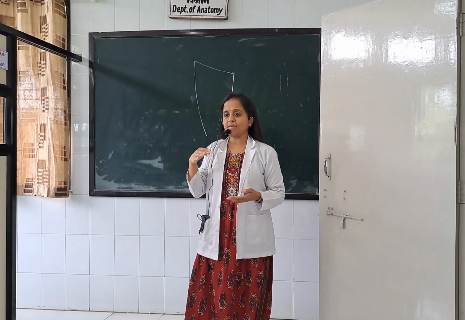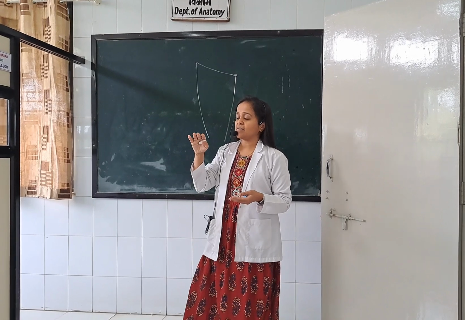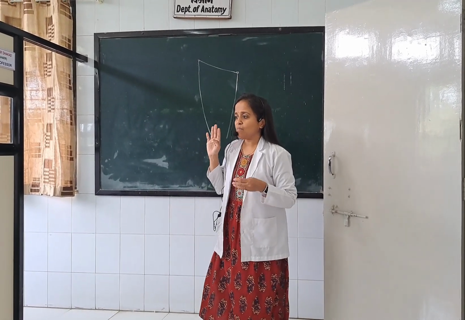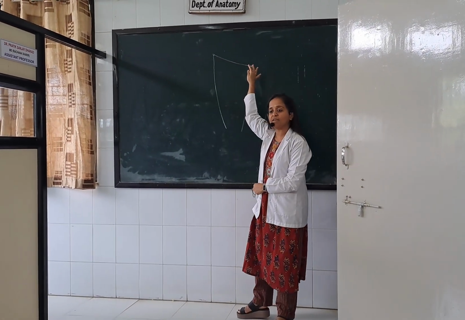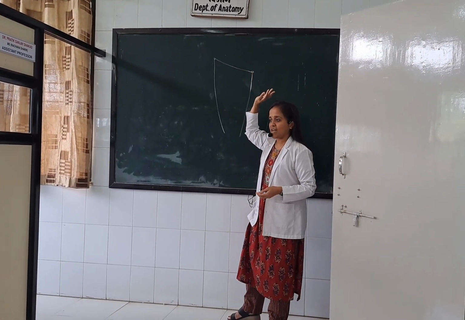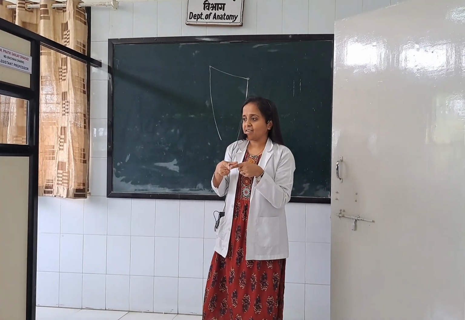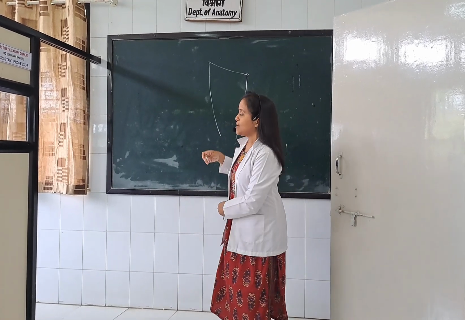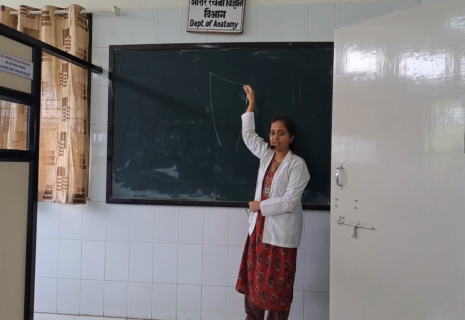Now what is the inguinal ligament? That is the lowermost margin of your abdominal part, the aponeurotic ending part of the abdominal muscles, that is external oblique. So that forms the uppermost margin of this femoral triangle. Now since it is a triangle, it will have three sides, right? It will also have an apex as well as a base, right? So this particular thing will form the base of the femoral triangle.